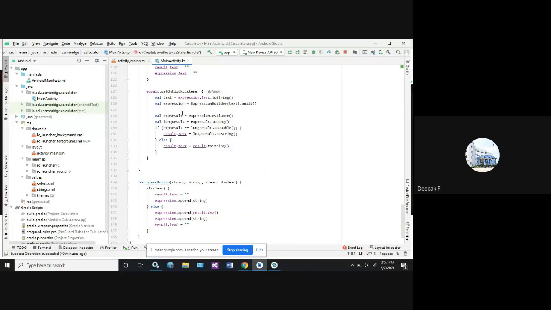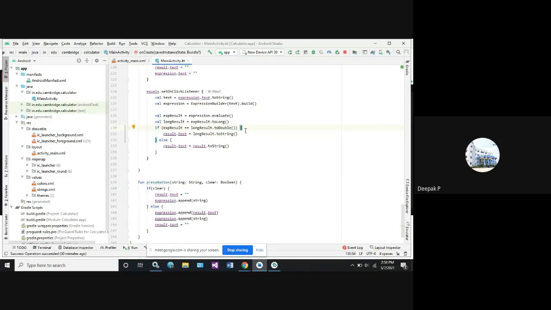Once the result is loaded or stored in expression result, it checks whether the result is a long data. Long means float or any other results if you are getting. If you don't have any result, it just loads the expression result. Next, it checks one more time. Once again it is going to load the data here, because the data will be loaded in the form of strings as output. Now I should convert that result of the string to text. So we will check before that: if expression result double equal long result.toDouble, I'm converting the data to double data.